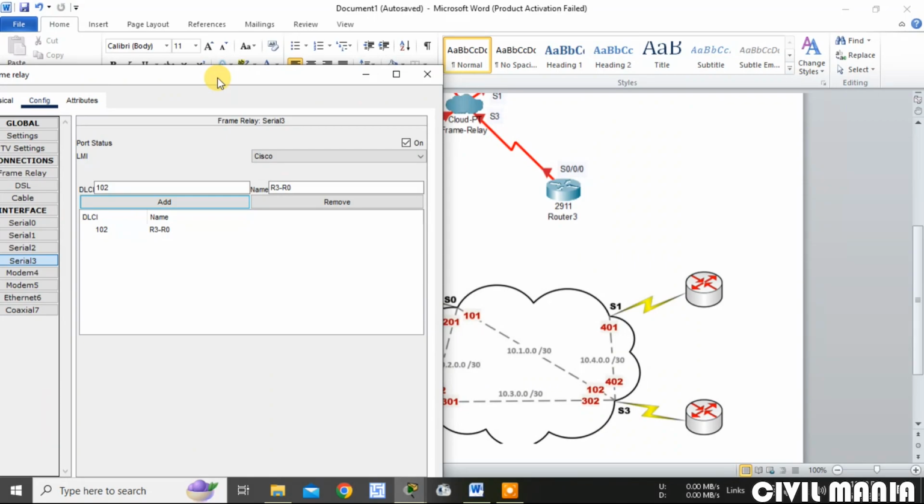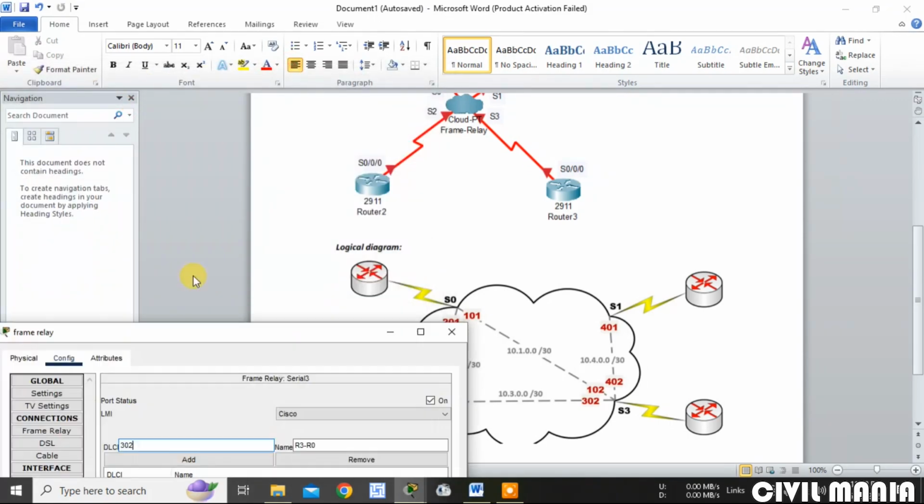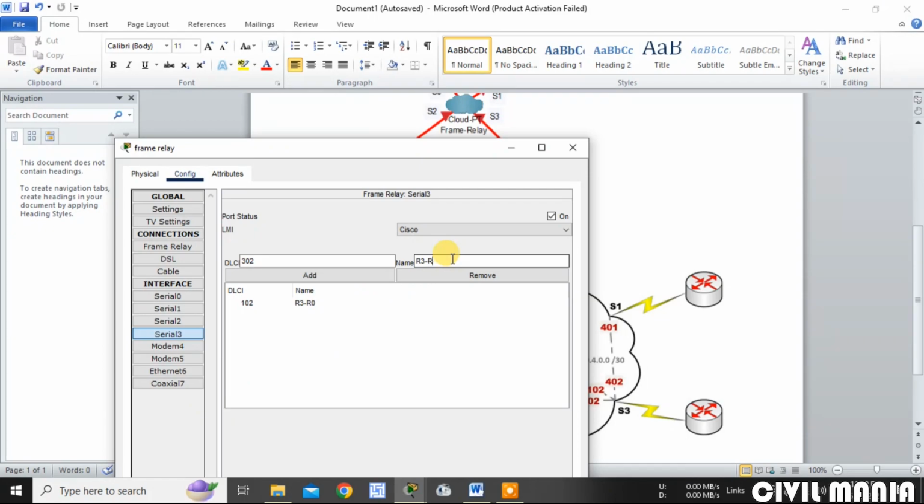Then 102 is over. Now 302 is the link between router 3 and router 2. Then 402 is the link between router 3 and router 1.